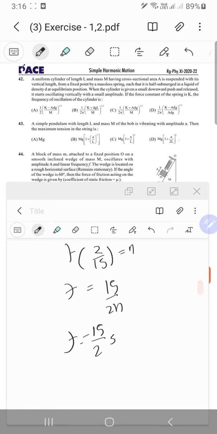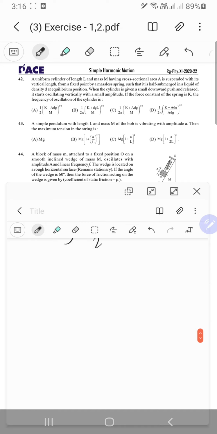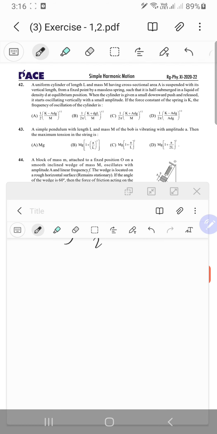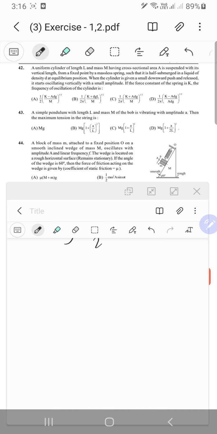Cool. Next question. Was there anything else though? Nah. A uniform cylinder of length capital L and mass m, having cross-sectional area A, is suspended with its vertical length from a fixed point by a massless spring such that it is half submerged in a liquid of density D at equilibrium position. Okay, fine. When the cylinder is given a small downward push and released, it starts oscillating vertically with a small amplitude. If the force constant of the spring is K, the frequency of oscillation of the cylinder is